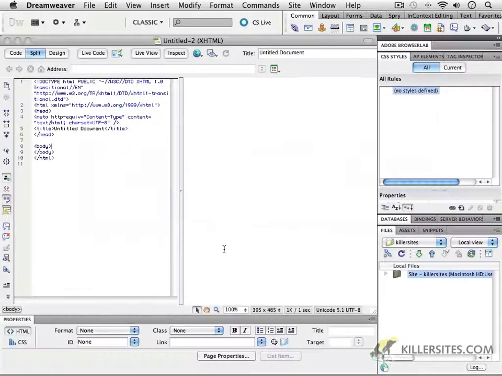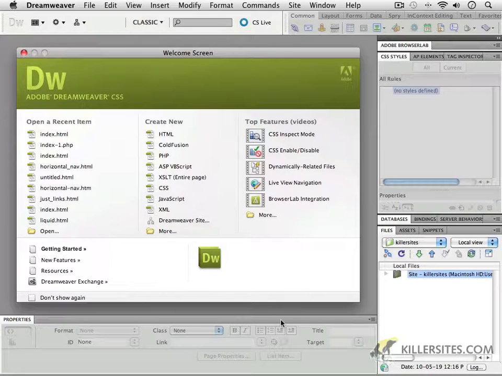Welcome back. In the last video tutorial, we talked a little bit about understanding the basic interface of Dreamweaver and what some of the actions are. For example, what the properties window does and what these inserts allow you to do. But in order to get started with this, if I were to just close this window that I had open